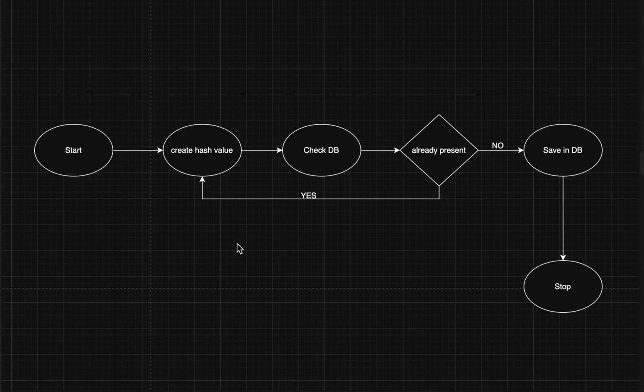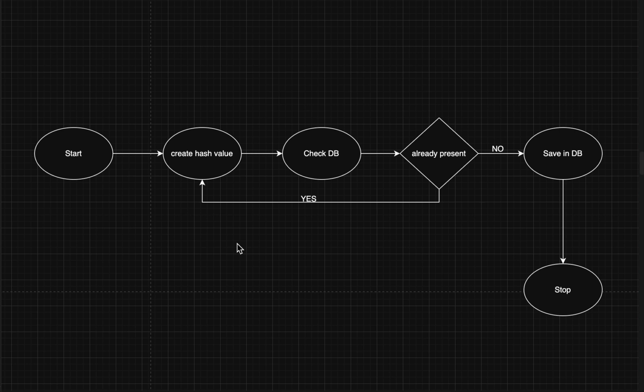So the first approach here is we can use a hash function to generate a hash value of 7 characters, from all the character values which we have seen. We create a hash value and hit the DB to see if that is already present, to check whether there is a collision. If no, we'll save that key, the tiny URL and the value part in the DB and stop. If yes, if that key is already present, we'll create a new hash key and this process will repeat. This is a good approach, but